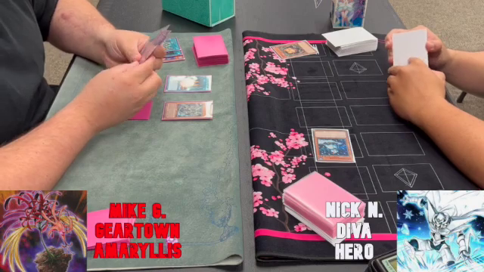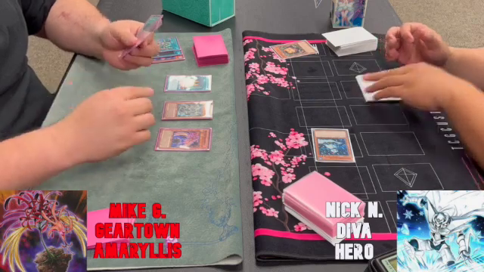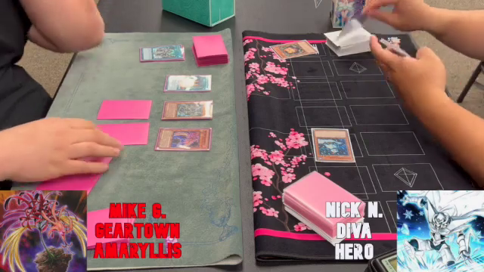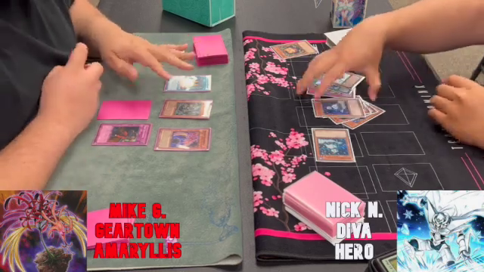So in main phase 2, we have a flip over of Mausoleum, and we're going to see what he's going to summon here. He tributes 2,000 life points to normal summon the Amaryllis in main phase 2. And then he sets another back row, and that back row happens to be Trapped Dust Shoot. So we get an interesting look at